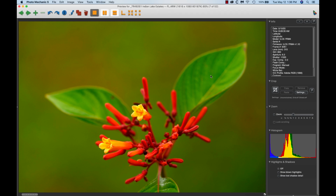Well, howdy, it's 1:36 p.m. on Tuesday, May 12th, and I'm in my office at Indian Lake Estates. Another sunny day, probably get up at least to 85. So some of you read the story on the blog of my discovery of the